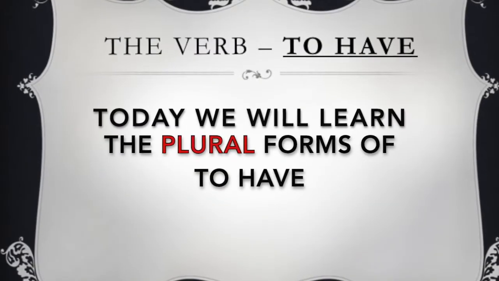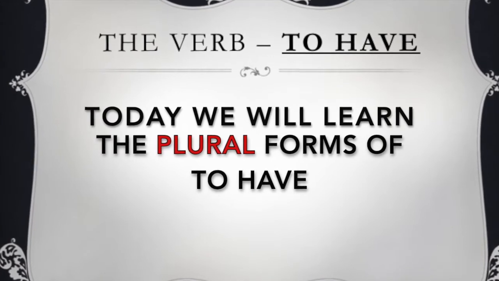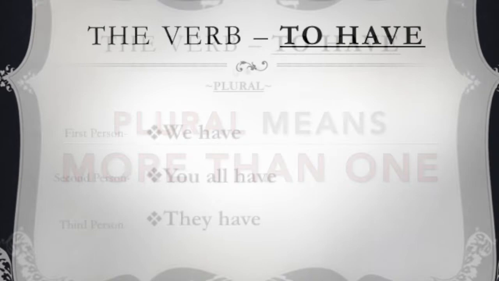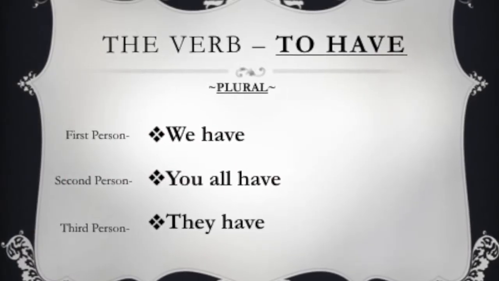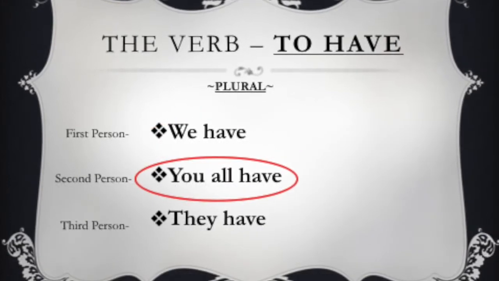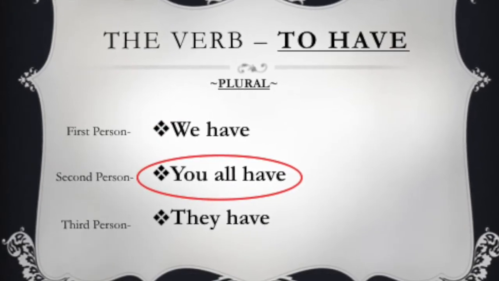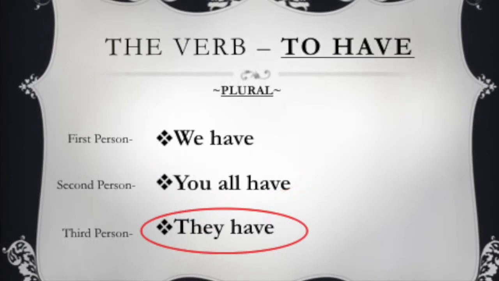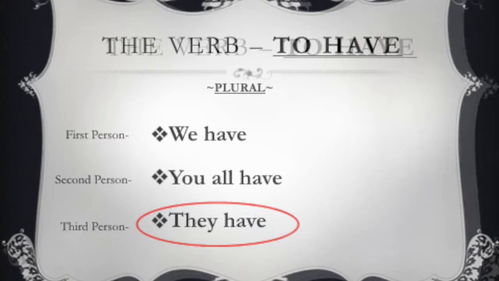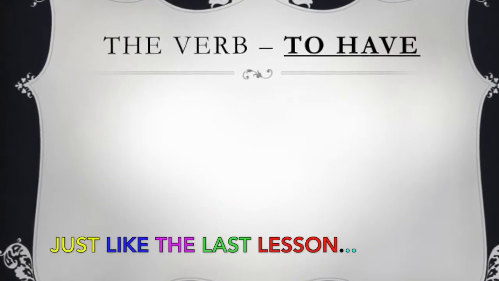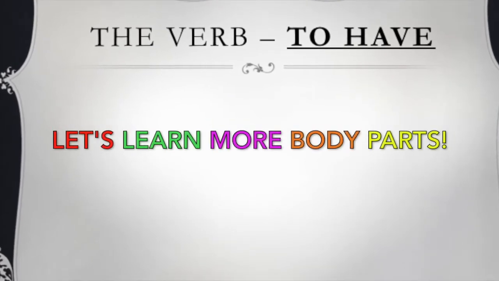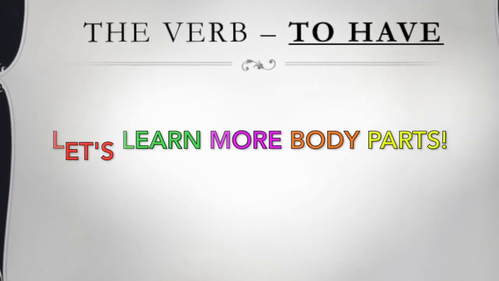But today, we are going to learn the plural forms, which mean more than one. Plural first person is we have. The plural of the second person is you all have. And the plural of the third person is they have. And just like our last lesson, we will learn the verb to have as we continue to learn some body